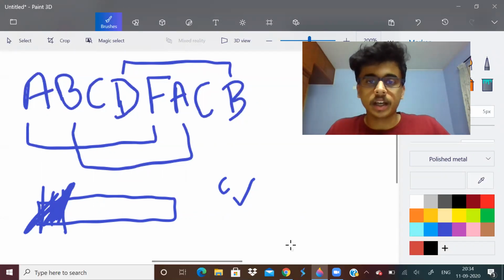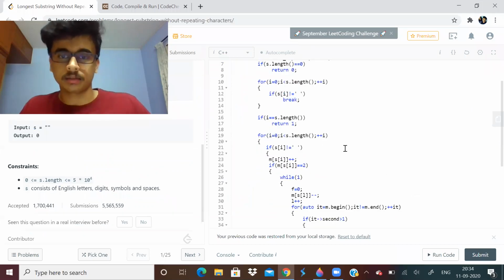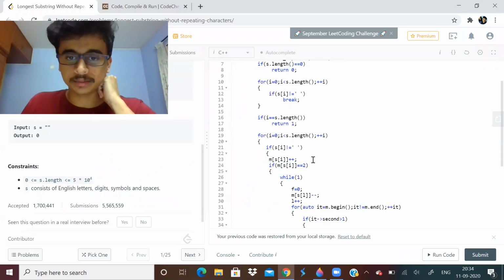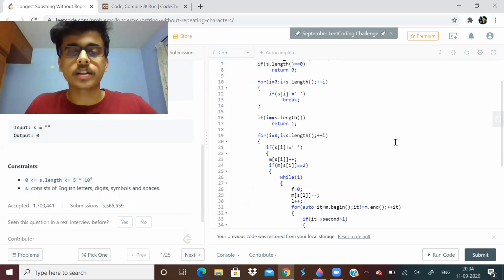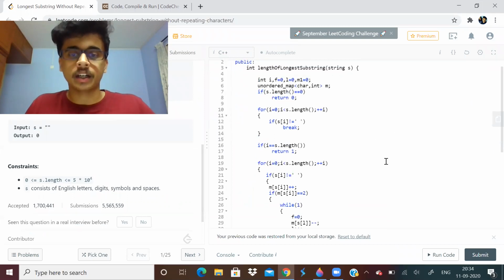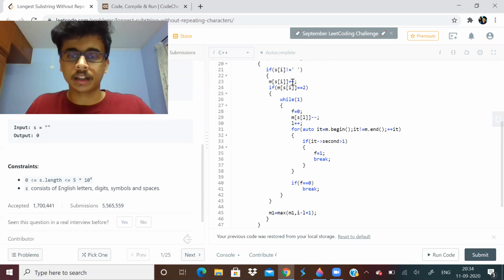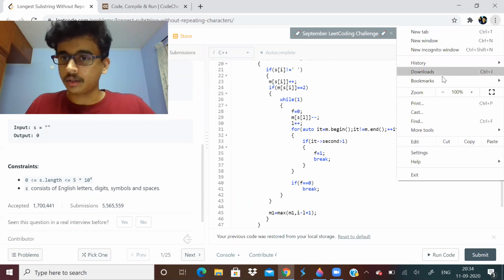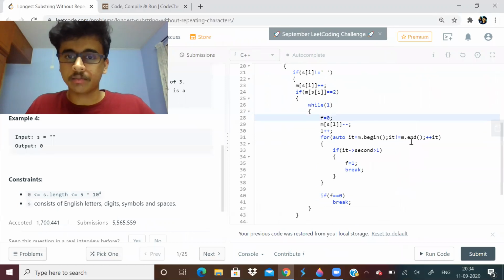So the same thing I used here, basically what I'm doing over here, I have taken unordered map, okay? Unordered map I'm taking because I want to find the frequency of every character. So every character I want to find the frequency, and basically I am doing that only. I am incrementing frequency of the character over here. I think you can see it, right? Should I make it bigger? Yeah, so now I think you can see it better.